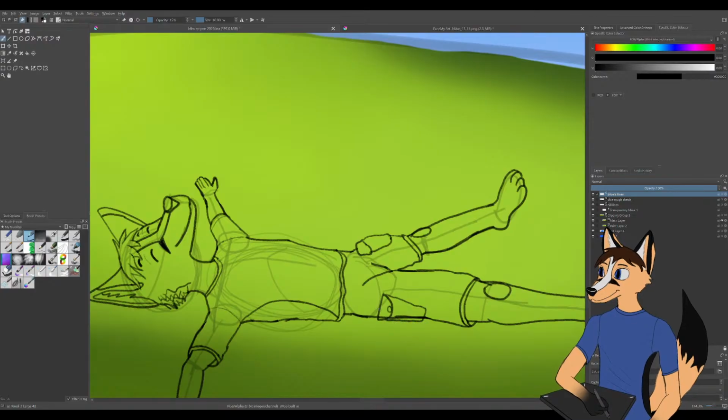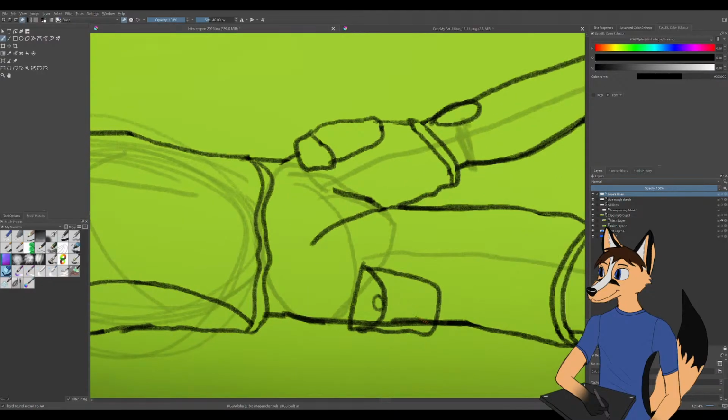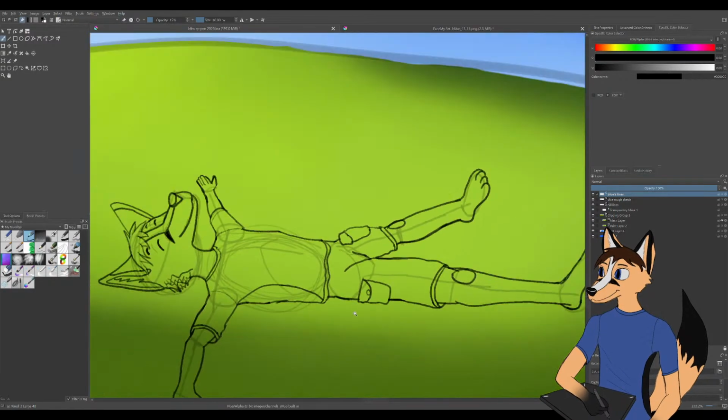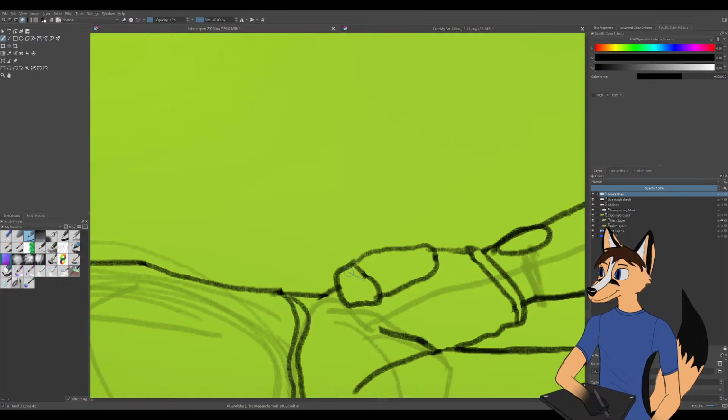Right now, I'm just kind of putting in placeholders for what I'll later refine into something that looks a little better. I hope I can remember that they're placeholders though, because sometimes I forget that it's a placeholder and I just paint over the crappy line art and I end up with artwork that doesn't look that great.